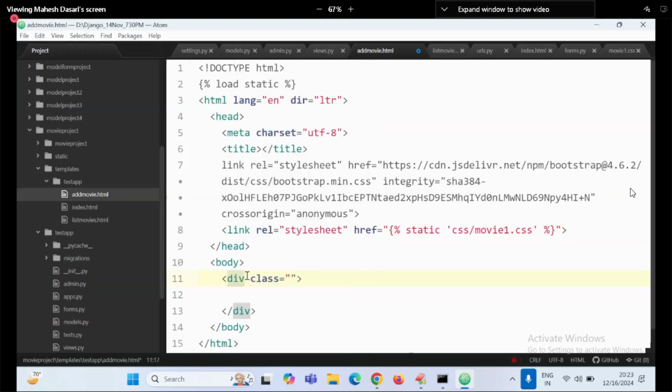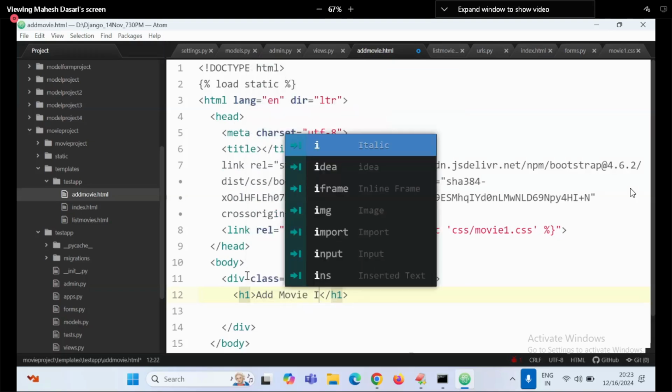division, container, center. Now h1 tag, add movie